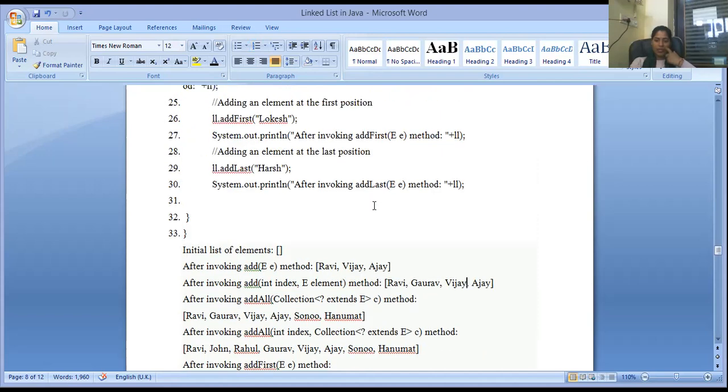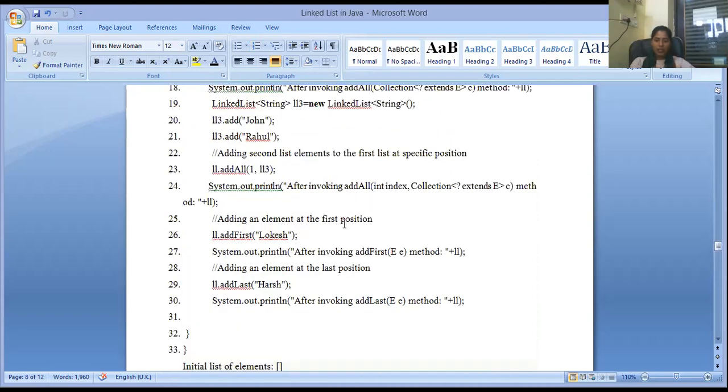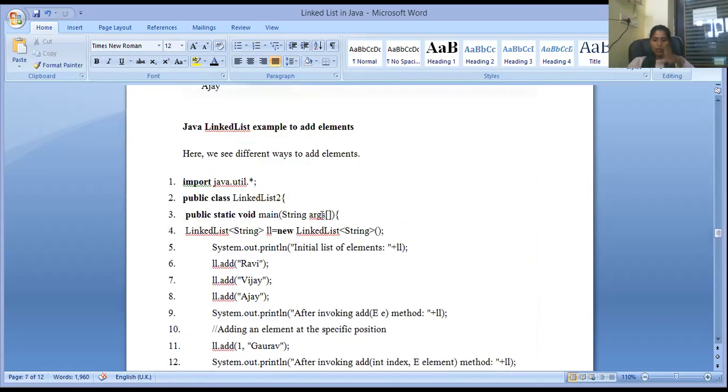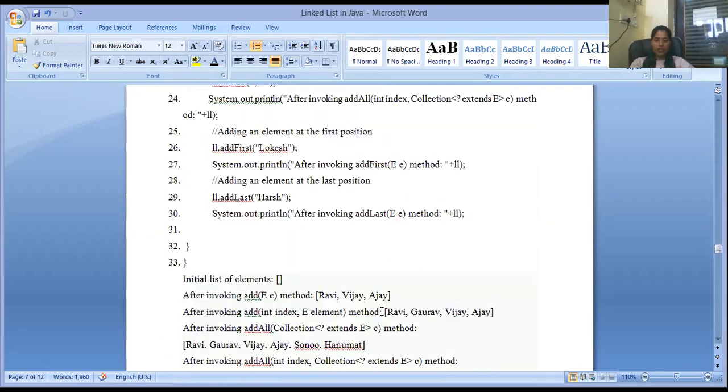Ravi, Gaurav, Vijay and Ajay, because this is a list and you can understand that this list is in the form of an array, so indexing starts with 0. So here you are adding Gaurav at index 1, so after 0, 1 will come, so in the second position Gaurav is added here.